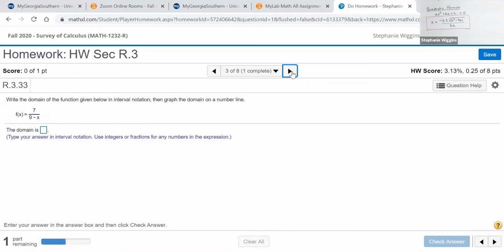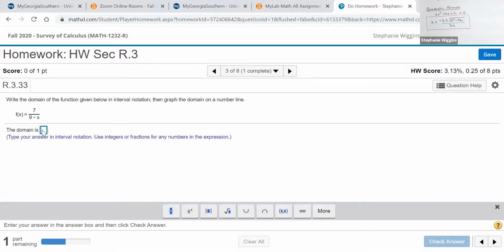Here's the domain. X cannot equal 9 because then the denominator would be 0. So you throw that out. Now be careful about the instructions. Typically they'll ask you to put it in interval notation because that's the easiest to type in. So when your answers have an interval, now because it's all real numbers except 9, you're going to have 2